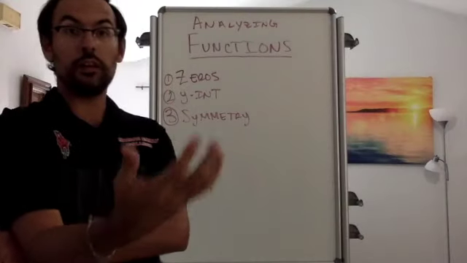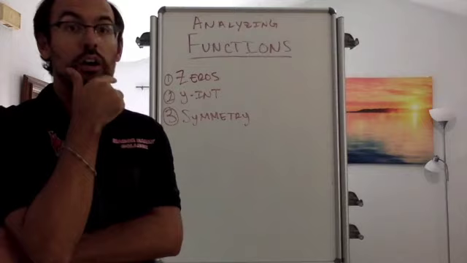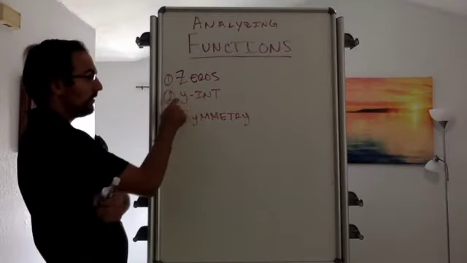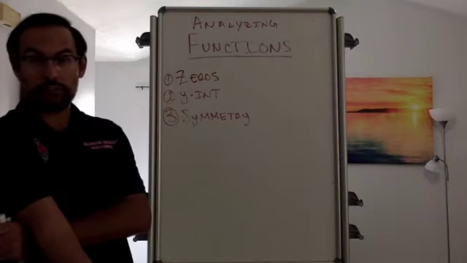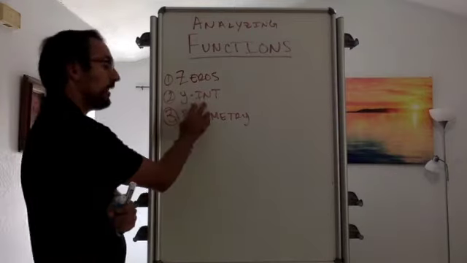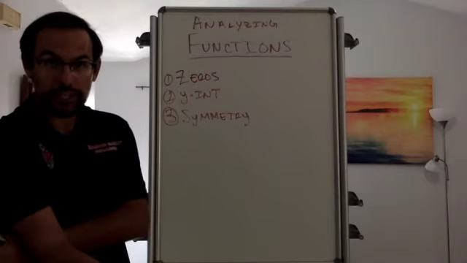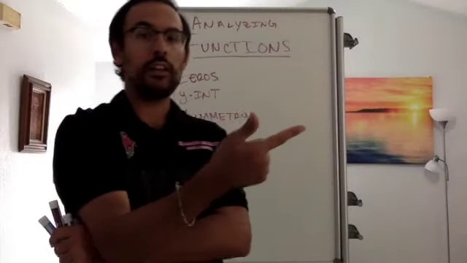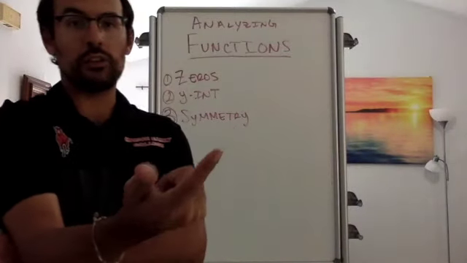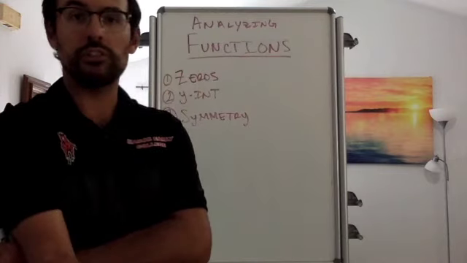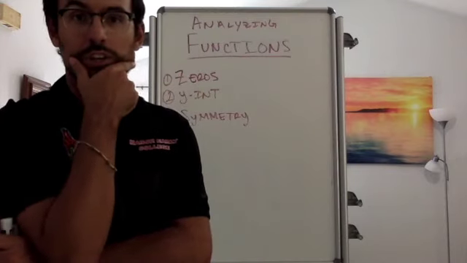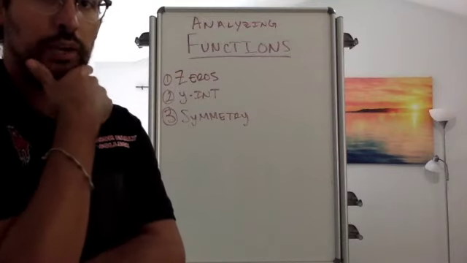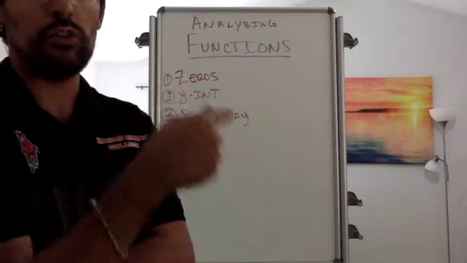Alright, so to sum it all up, when we're analyzing functions right now, the key characteristics are the zeros, which you get by setting the function equal to 0 and solving, the y-intercepts, which you get by plugging in 0 for the x's and simplifying, and then the symmetry. You've got to figure out if it's odd or even, and remember, if it's not either of those, it's going to be neither. There will be no symmetry that you can use to do a shortcut. So those three things we're going to pick up more throughout the class, but starting with those three things, you need to know those basic